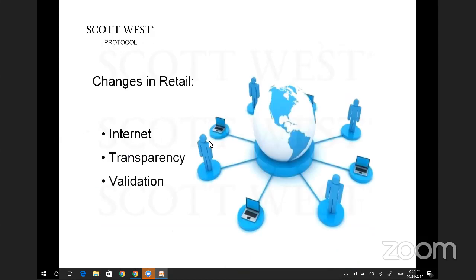So, changes in retail. What is happening in our market? A lot of that is what we all can see, but I want to dive into it a little bit more. Obviously the internet is having a huge effect on all of retail. What that's doing is actually a catalyst for the next two points here, which is it's adding transparency and requiring more validation